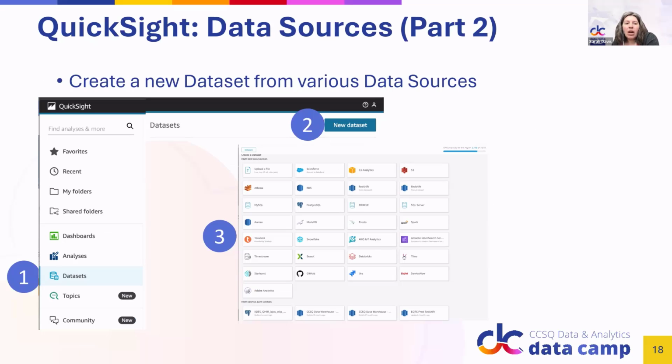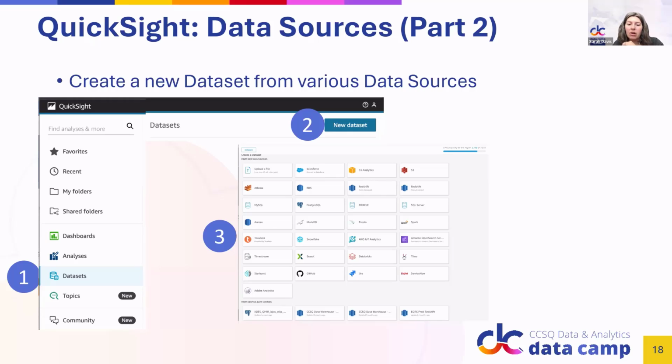So once you see your data sets, if you don't have an existing data set that you need, but you need to create a new data set, you'll select data sets from the left navigation panel, and then in the upper right-hand corner, you'll select new data set. And then this screen will show up, and the top part will always show you setting up a new data source. For the most part, I don't think you're ever going to use it because it requires VPC connections set up, which our team manages with other ADO accounts and user permissions and tokens and credentials. So that's the service that we provide.